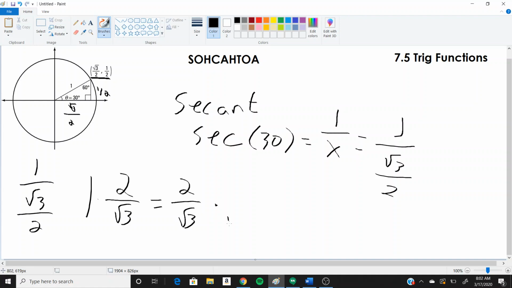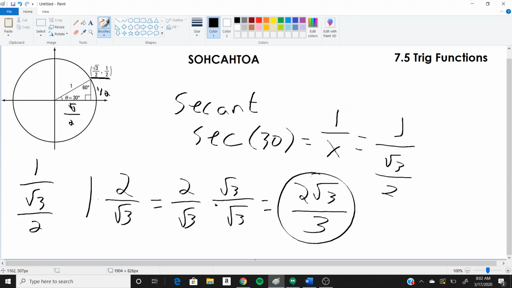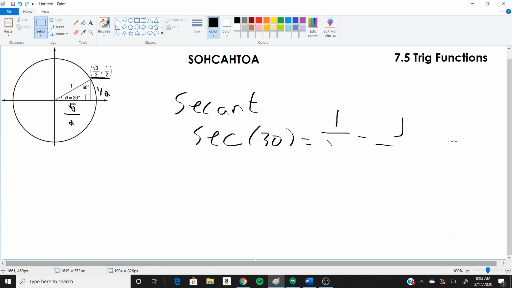You cannot have a radical in the bottom, so we're going to multiply both the top and the bottom by radical 3. That's going to give me 2 radical 3 over 3. And that's going to be secant. And if secant is 1 over cosine,